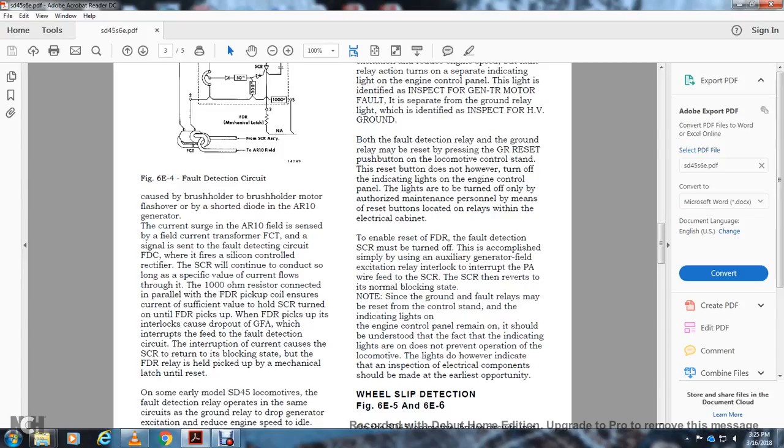When it fires, the silicon controlled rectifier SCR will conduct a specific value of current flow through the 1000 ohm resistor connected in parallel. Fault detection circuit, fault detection relay. Pick up of the controls ensures the current flow is of sufficient value with the circuit control silicon controlled rectifier. In turn, the fault detection relay picks up. Pick up of the fault detection relay picks up with the interlock with the dropout with the GFA, generator field